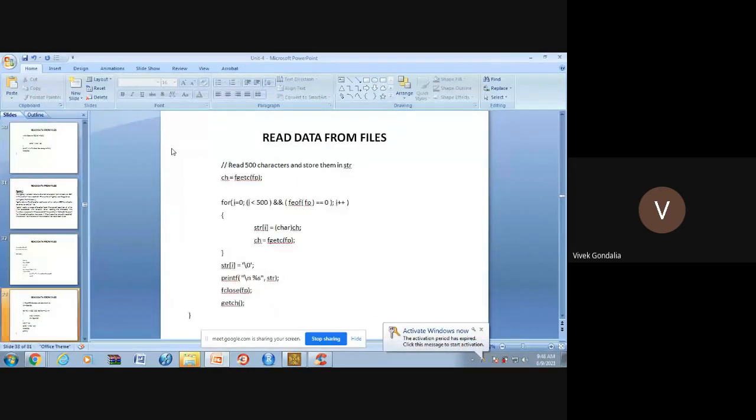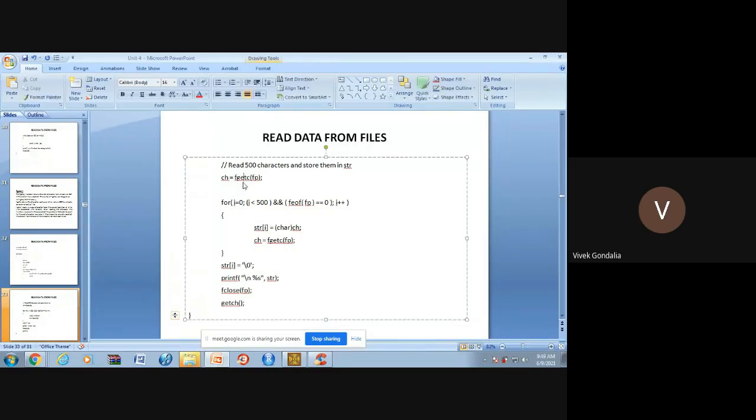Now we'll see fgetc. In fgetc, we are doing it such that fgetc will provide one character at a time. This is the syntax for that. If I write ch = fgetc(fp), fp is my file pointer. Clear? fp is my file pointer, so all the data is available in the fp. Whenever I apply fgetc to the fp, it will take one character from the file and it will go to the ch. So when it runs the first time, the first character will go to the ch.